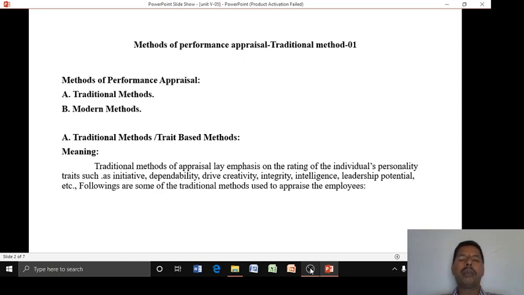Now we will look into the meaning of this. Traditional method of appraisal lays emphasis on the rating of individuals' personality traits,